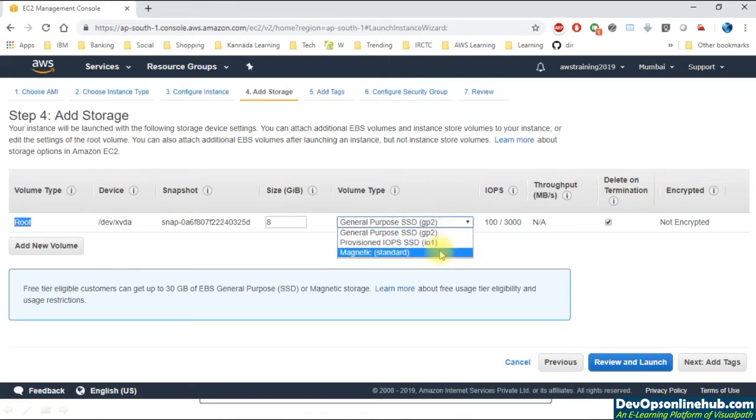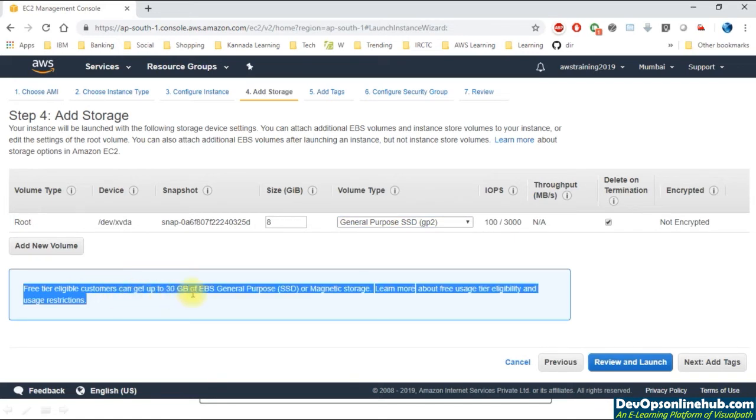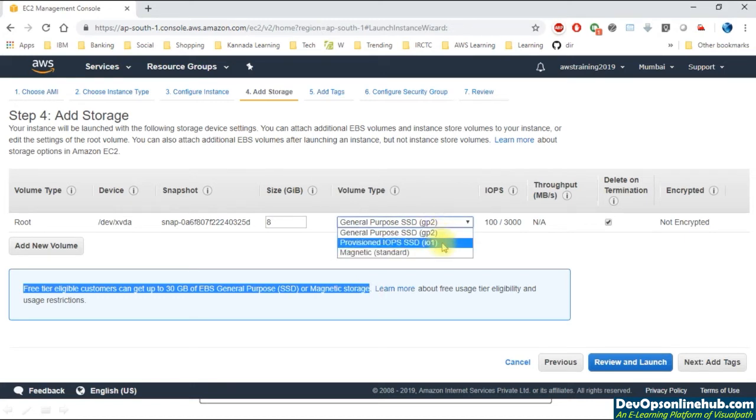You may also want to choose provisioned IOPS or magnetic standard, depending upon the use case. As a free tier, we usually get up to 30 GB of general purpose SSD volumes or magnetic storage for free. If you want to go with provisioned IOPS, then you may have to pay extra money. So I'm going to choose general purpose SSD here, and then go ahead and add the tags.